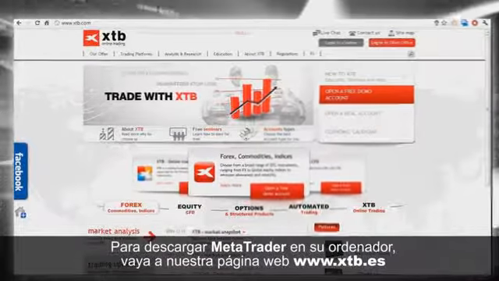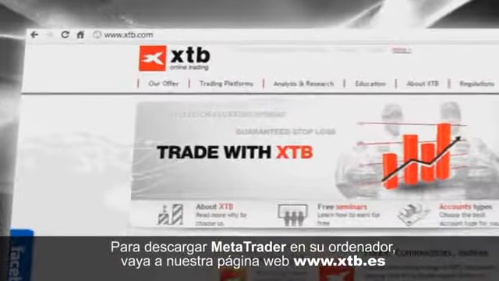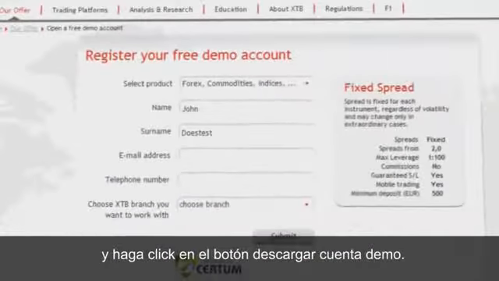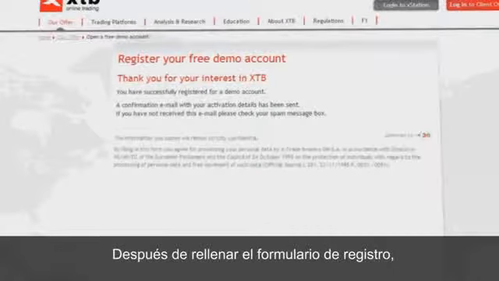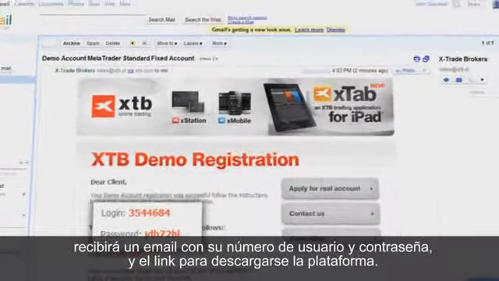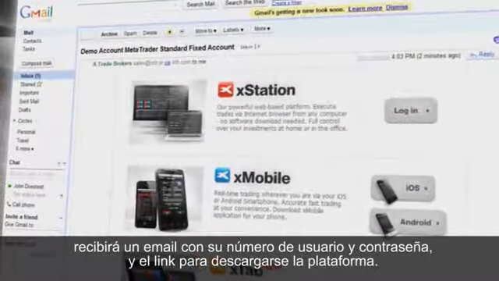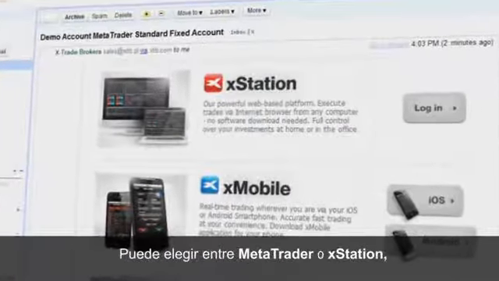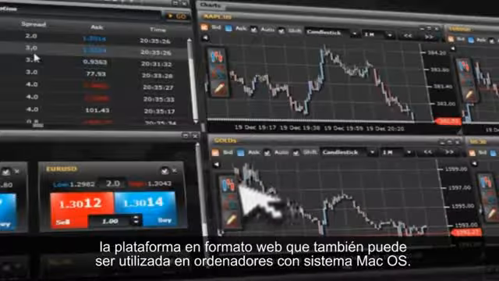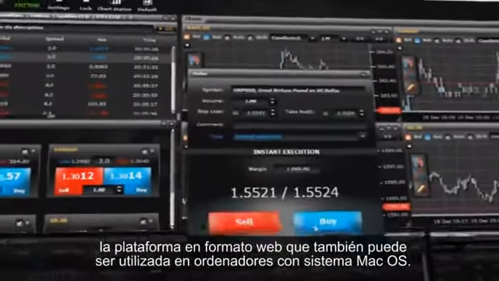To download MetaTrader on your computer, you need to visit the XTB website and click the Open a Demo Account button. After completing the registration form, you will receive an email with your login, password, and a direct link to download the platform. You can choose between MetaTrader or use XStation, the web-based platform that can also be run on Mac